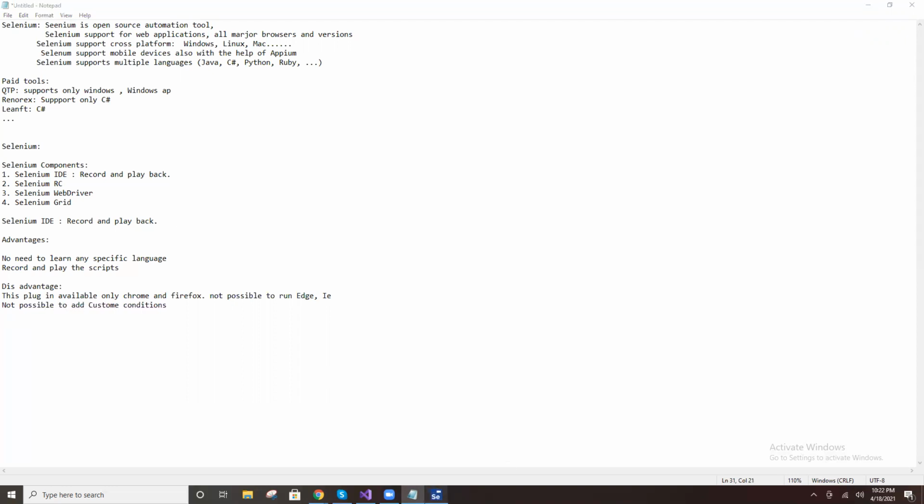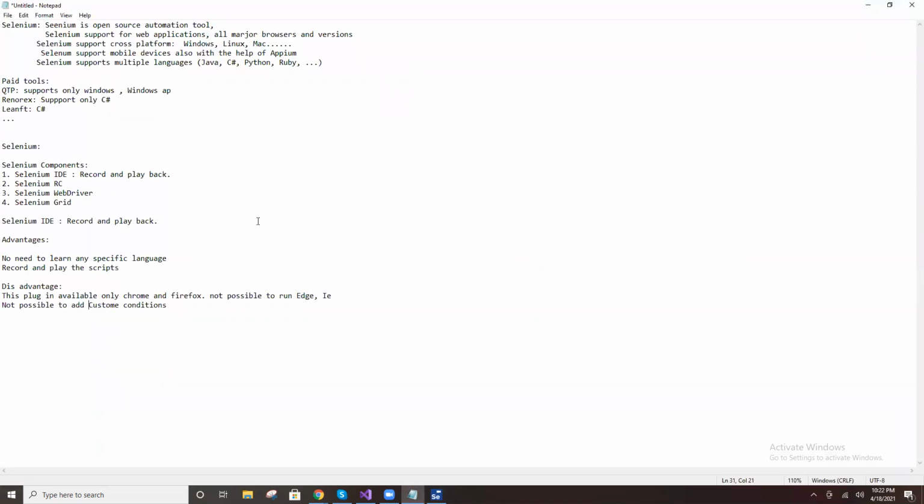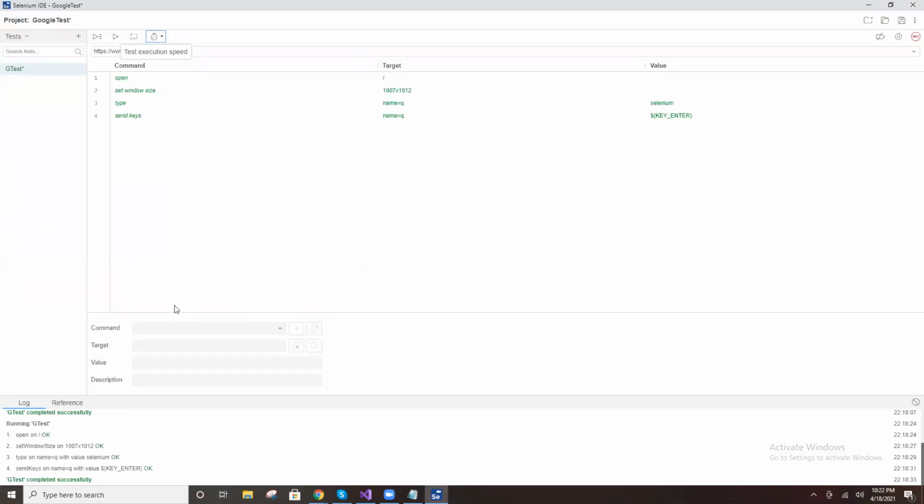See, you just record and play back, right? It is not possible to customize your code. If conditions are not possible here, and it is not possible to validate. It is not possible to put custom conditions or custom loops. Custom code is not possible here.